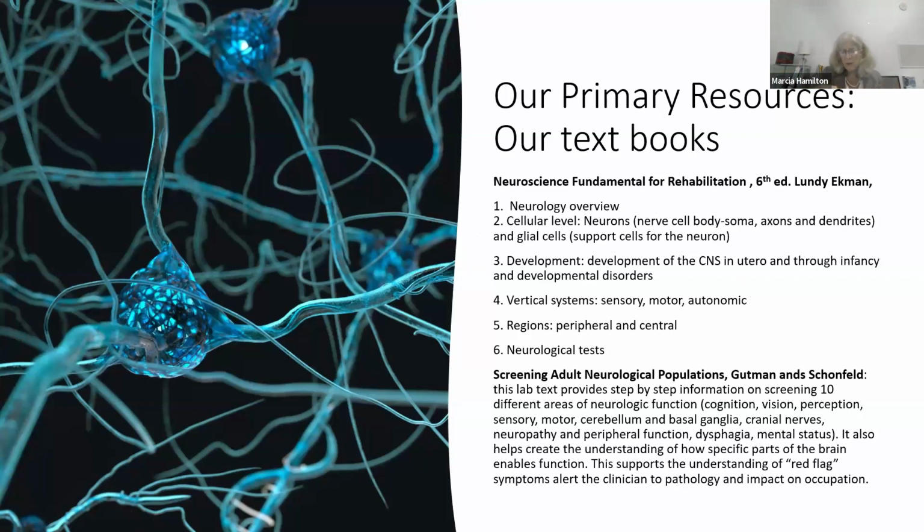And the vertical systems will be referring to how information travels from the periphery with respect to sensory systems up to the brain, how motor information comes down and goes to the different muscles, and then the function of the autonomic nervous system with communication that again runs in tracks, and that's why they call it vertical. We also learn about aspects of the peripheral nervous system and the central nervous system, and tests,